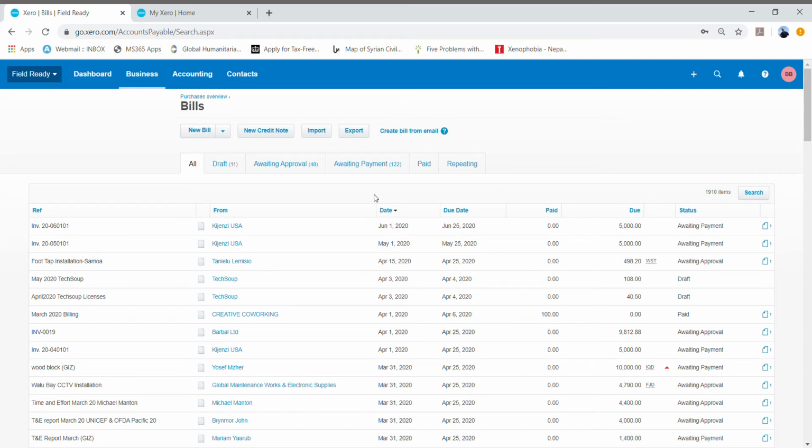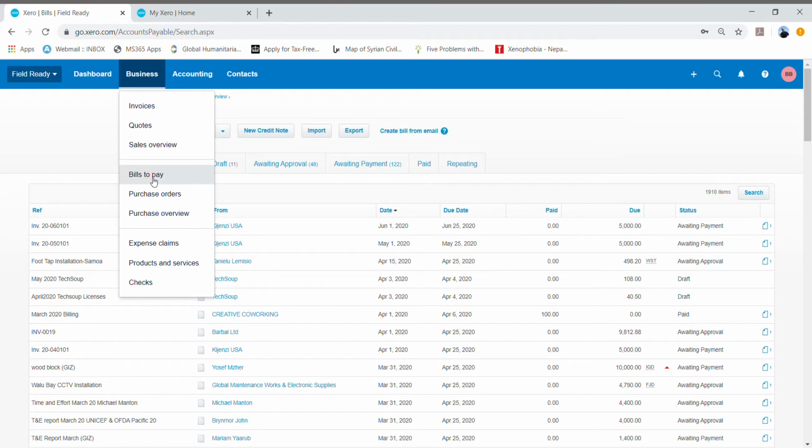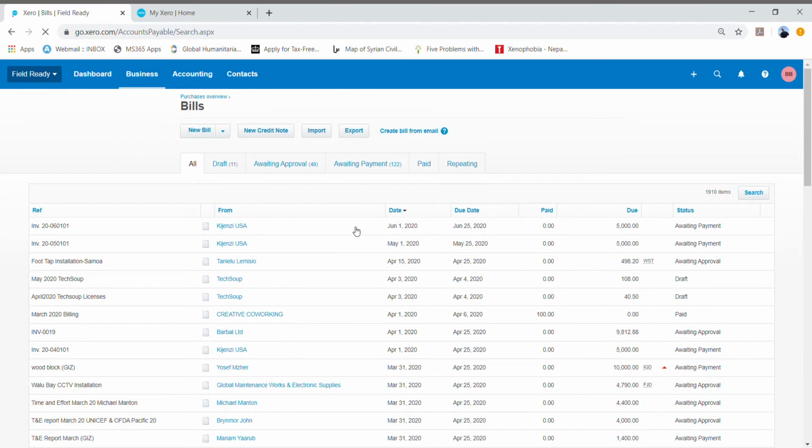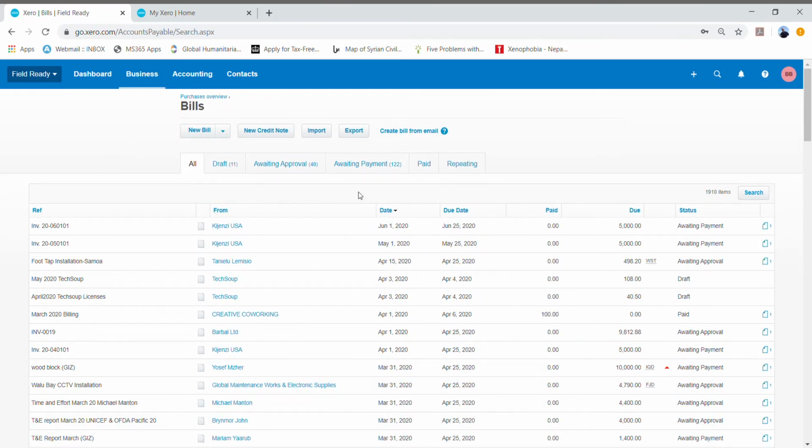Okay, so here we are at the bills section of Xero. You can get here by clicking on business and then bills to pay. That takes you to this screen. Now in dashboard, that gives you information about our